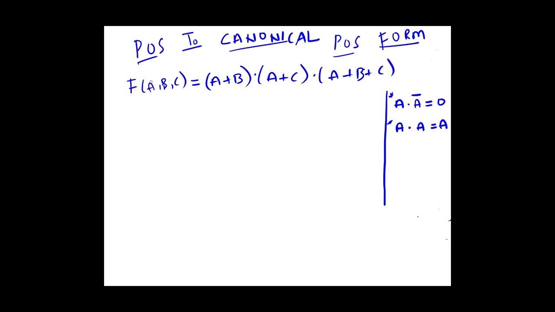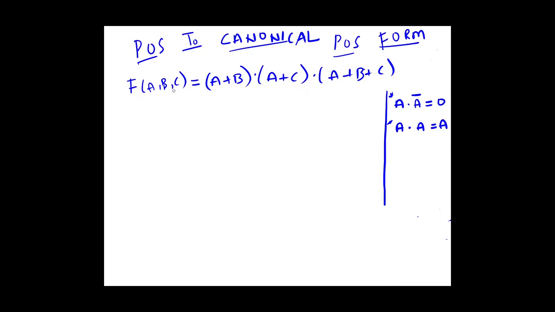In case they don't give this, and they give only f is equal to the expression, just by looking at it you can easily say whether it is a 3-variable, 4-variable or 2-variable expression. In the overall expression, if you find only A and B, that means this is a 2-variable expression. If you find only 3 variables, for example in this you can see A, B, in this you can see A, C, in this you can see A, B, C, then the variables used in this expression are only A, B and C. That means this is a 3-variable expression. Whereas if you have D anywhere, that means this is a 4-variable expression.